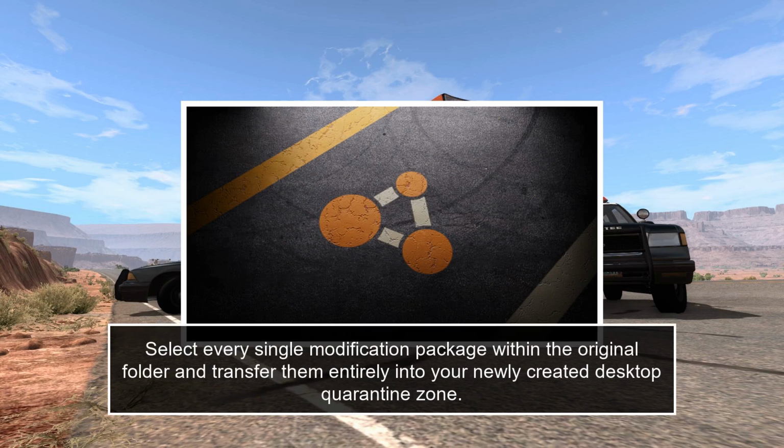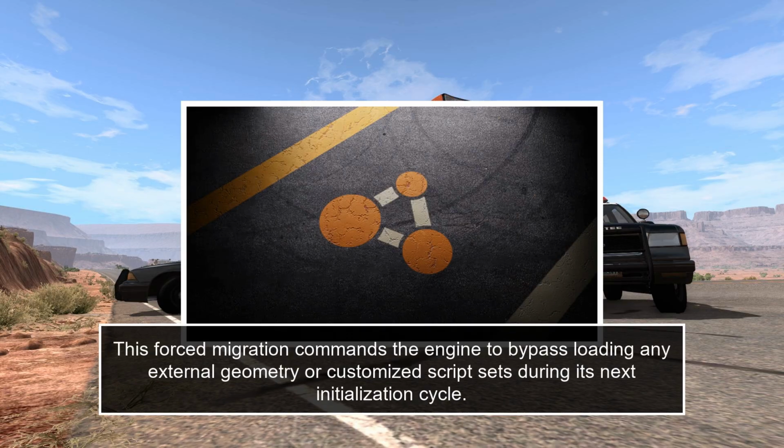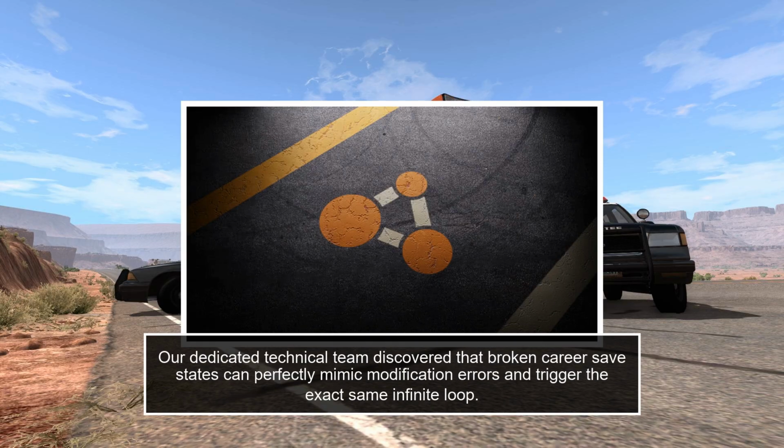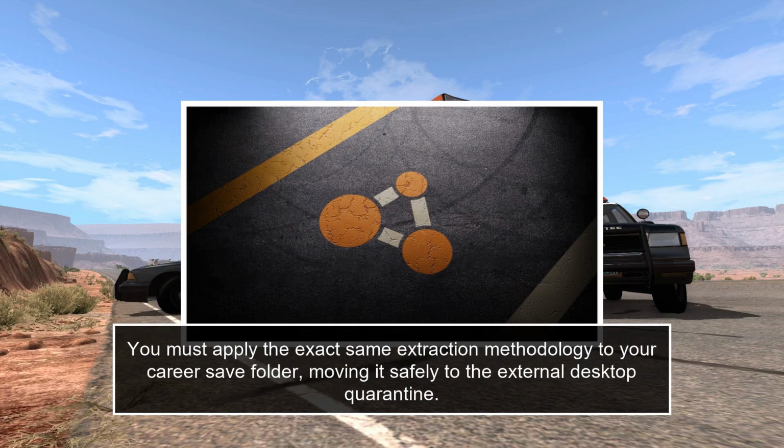Select every single modification package within the original folder and transfer them entirely into your newly created desktop quarantine zone. This forced migration commands the engine to bypass loading any external geometry or customized script sets during its next initialization cycle. Our dedicated technical team discovered that broken career save states can perfectly mimic modification errors and trigger the exact same infinite loop. You must apply the exact same extraction methodology to your career save folder, moving it safely to